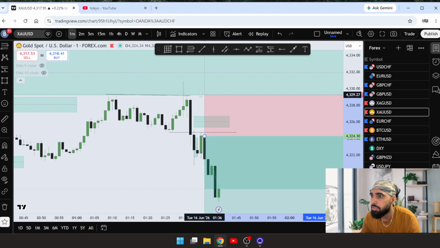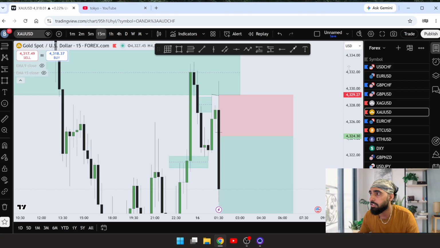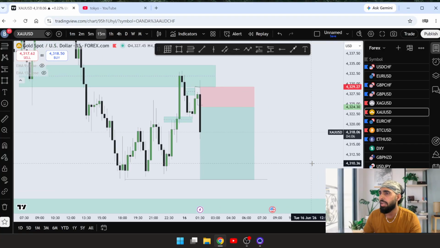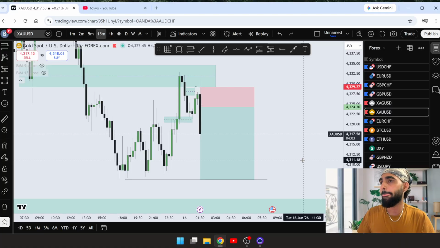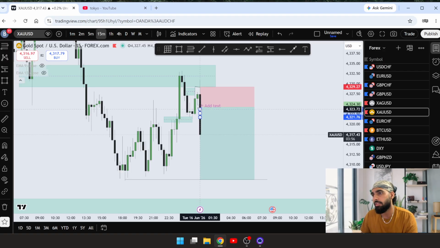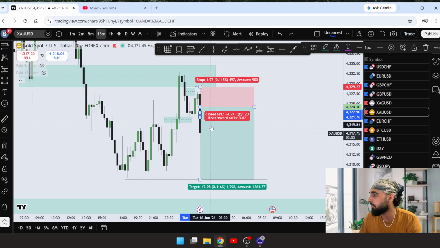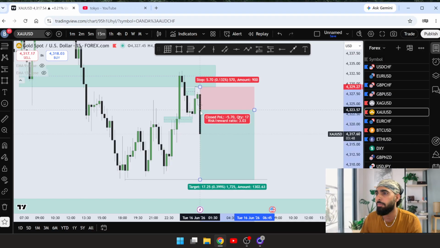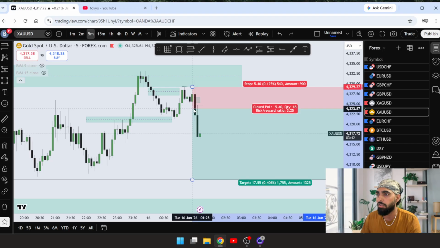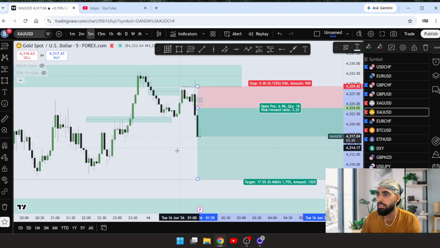That means entry could have been here. Stop loss, safe stop loss is going to be around this high, but this is actually going to be a really good trade, so I could have easily placed my stop loss here. So this is how I trade. Let's just go on 15-minute time frame, and I could have easily gone 1:3.62, but in this trade, because it's fast, and if I do scalping, then my entries are just a little late, like I just get filled a little below. That means I would be only getting like 1:3 or something. So even if I'm getting 1:3, that's still good, right? It's like $100 investment, $300 profit, so it's still good. And this is the trade.